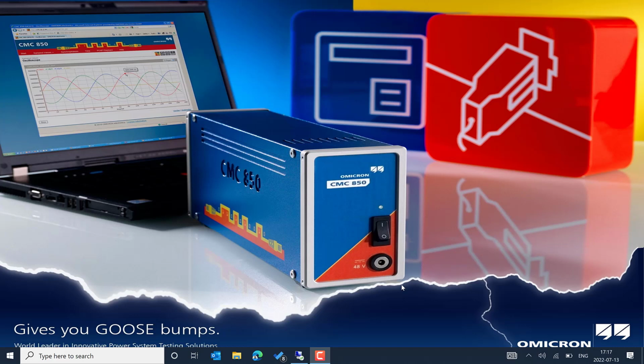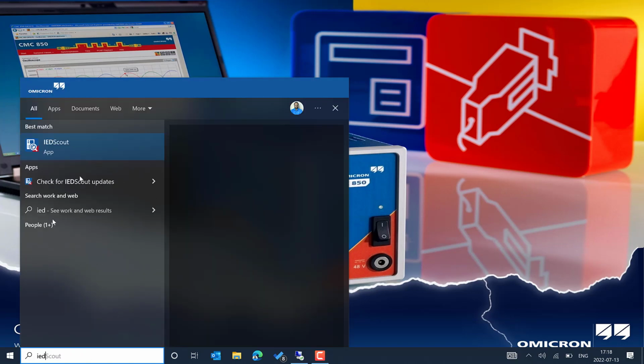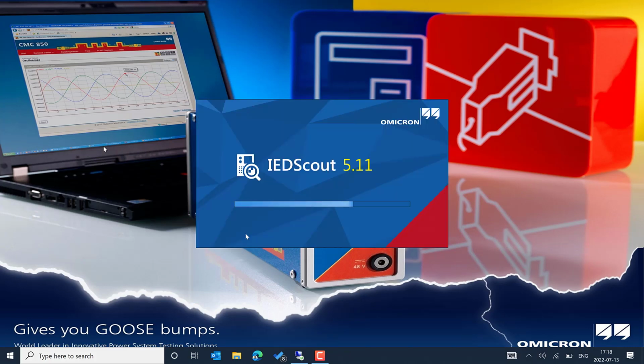In this video, we'll see how we can generate IEC 61850 MMS and GOOSE protocol traffic using an SCL file with IEDScout. To start with, in my setup, I have two different PCs connected to one small switch, so I can start IEDScout from my laptop. So it's important to